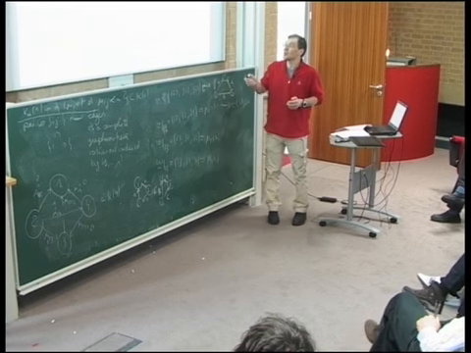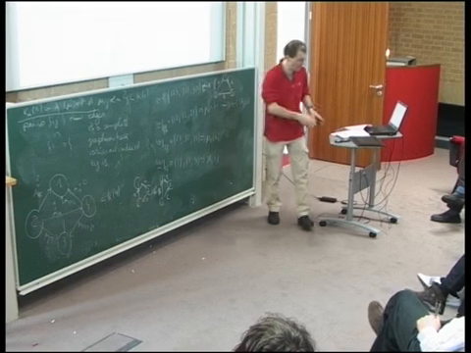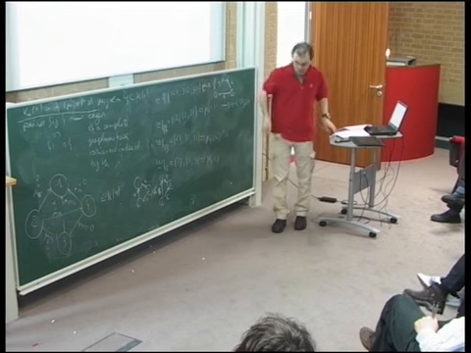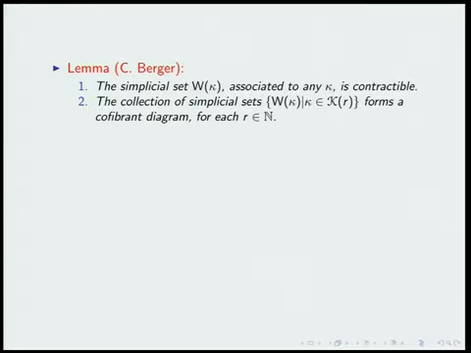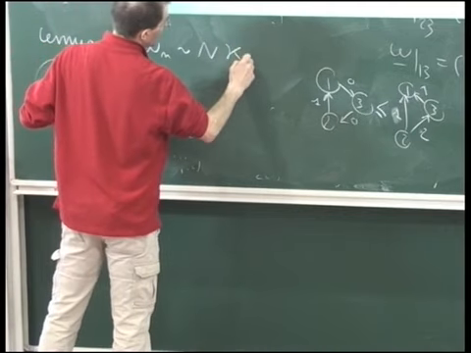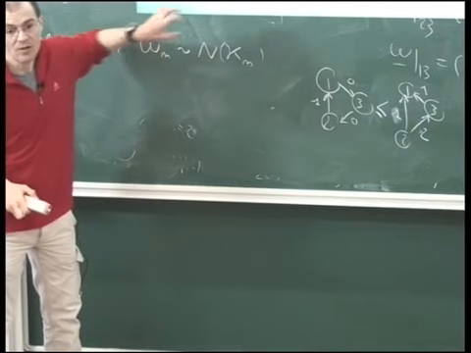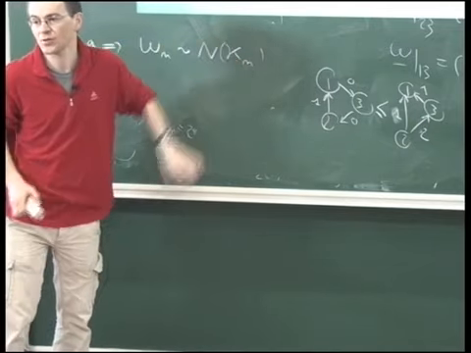And so these two statements imply that this is really a rigid structure. So it says that if you have this kind of thing, this implies that W, and at least each Wn, Wn can be obtained, is equivalent to the nerve of the poset. Okay, you can reconstruct Wn from the simplicial construction of the poset. Okay,